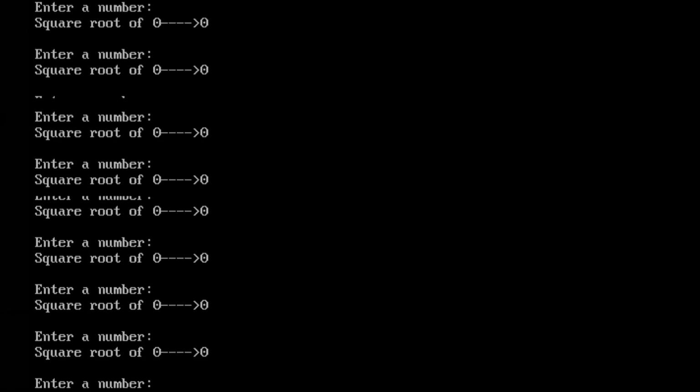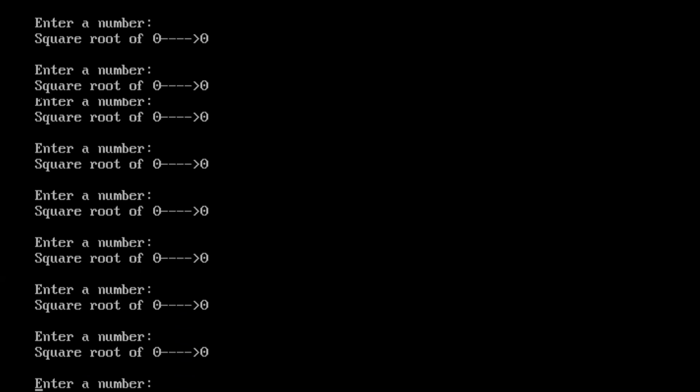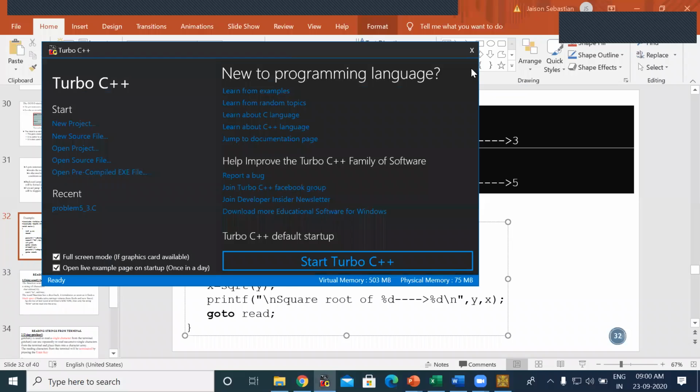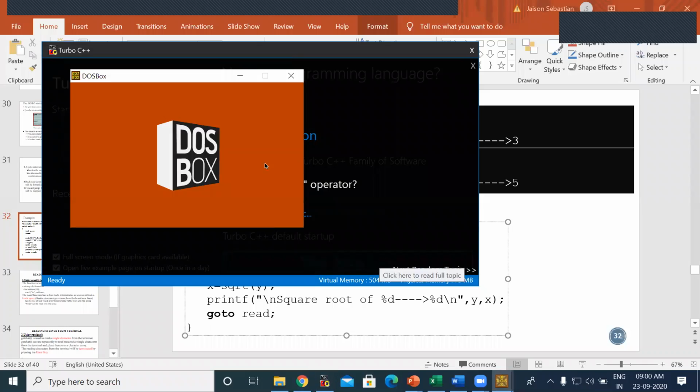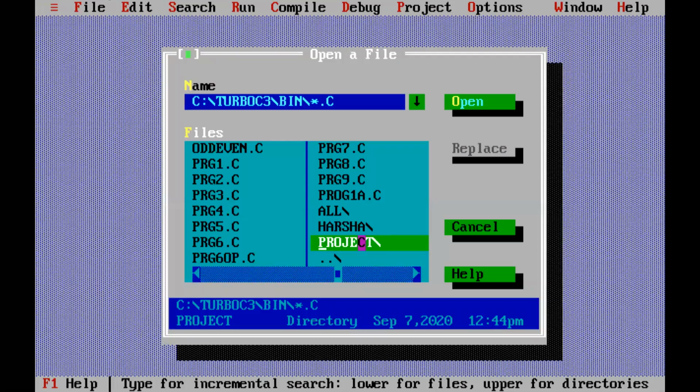So you see, I just entered 0.1, that's why it is. If you give any value less than 0 also, it will perform one more read. So in order to exit from that, what we have to do is... it will be keeping on asking for the next program and the next entry.